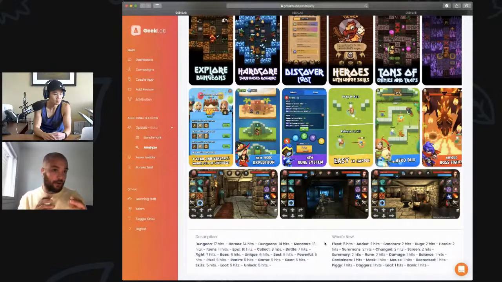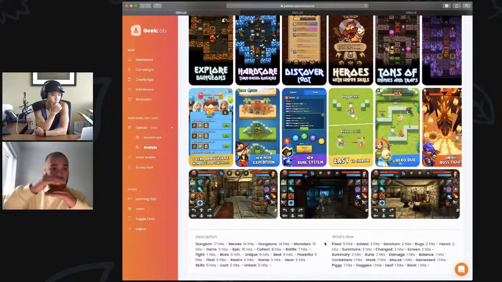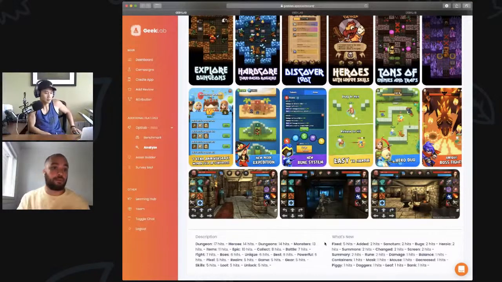iOS and Google, that's the fundamental biggest difference between these stores, right? On iOS, the screenshots are scaled based on width, and on Google they are scaled based on height. Meaning that if you put portrait screenshots on Google, they will be quite small and you can see a lot of them. Whereas on the iOS store, if you put the